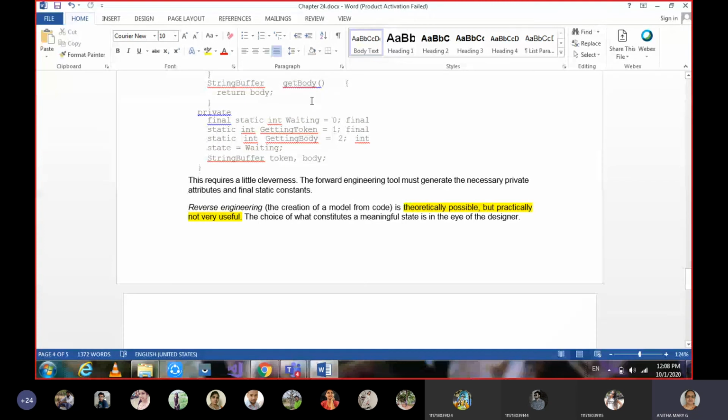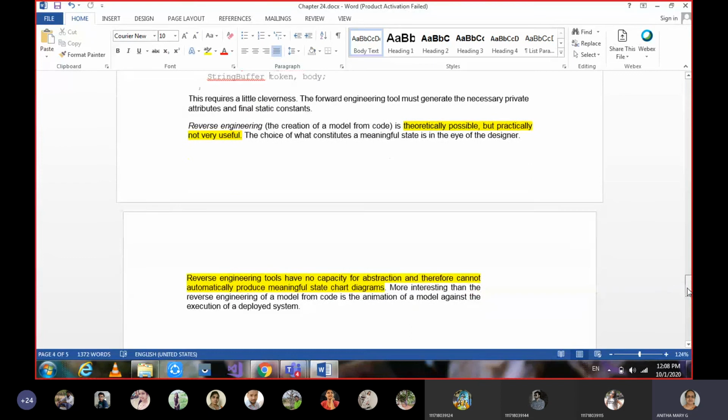Why? Because these are things happening internally and dynamically based on time, and how one state changes onto the other state. Theoretically it is possible, but practically it's not very useful and we may not construct it completely. The behavioral aspects may not be shown as the static ones.